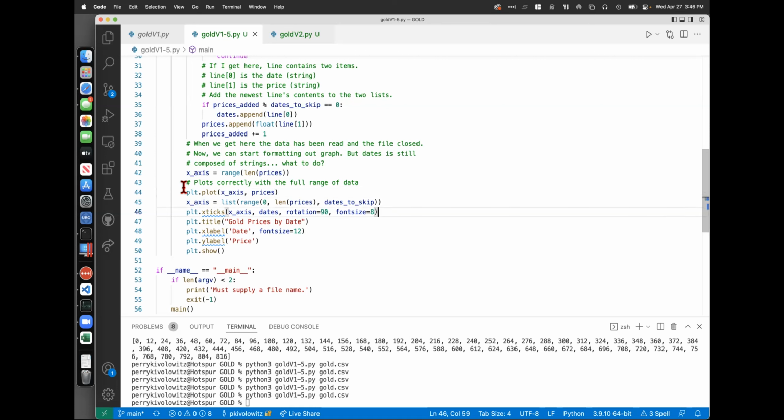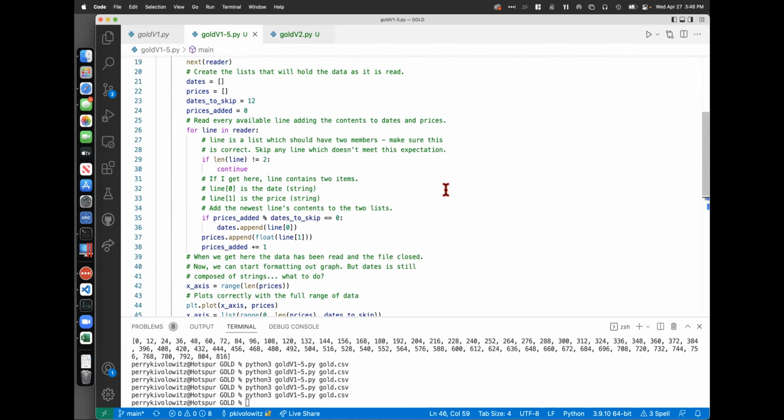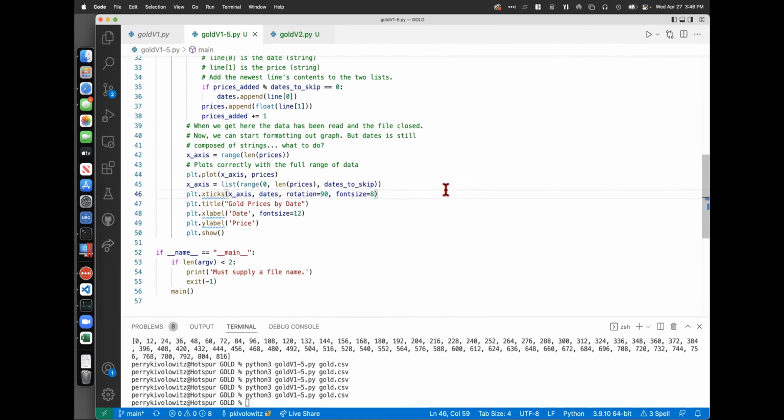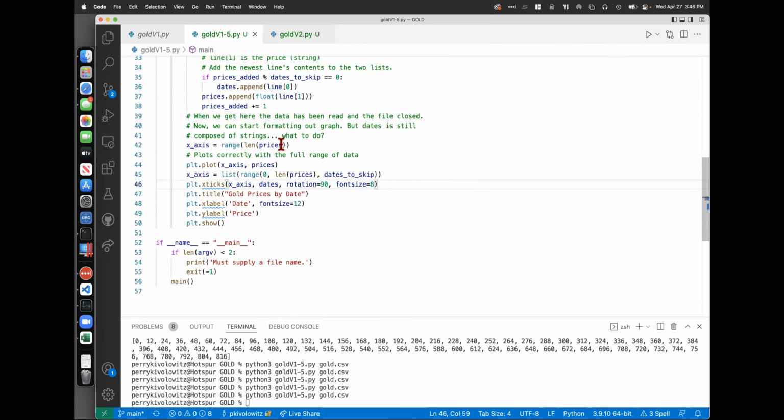It turns out that you can have any number of plots on the same graph. So if you call plot more than once for the same show, you'll have more than one plot on the same graph. So what I'm gonna do is make up a new, well, how about this? I'm gonna have another